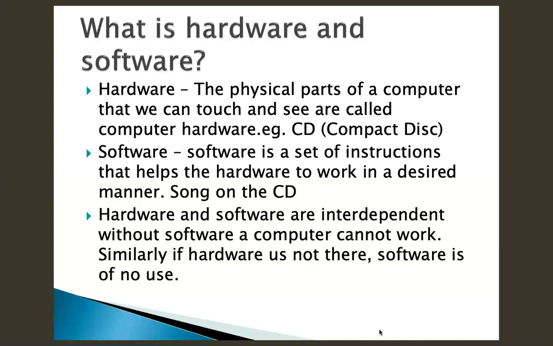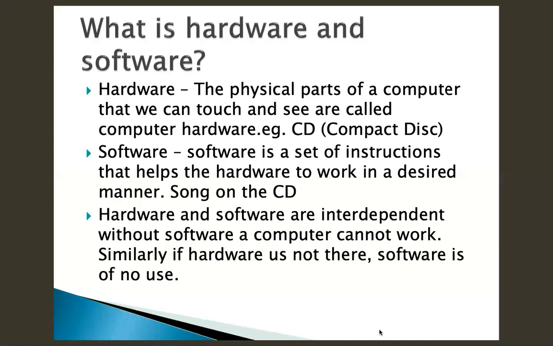Even I cannot change the sequence to output, input, process. No, we don't get output immediately, right? So these are the three functions on which a computer works: input, process, output. In this, we have also learned what is hardware and software. Again a small recall. The physical parts of a computer that you can touch are called hardware. I can touch my monitor, I can touch my keyboard, I can touch my mouse, but I cannot touch my MS Paint program. I cannot touch my mouse pointer. Can I touch my mouse pointer? No, because they all are software.